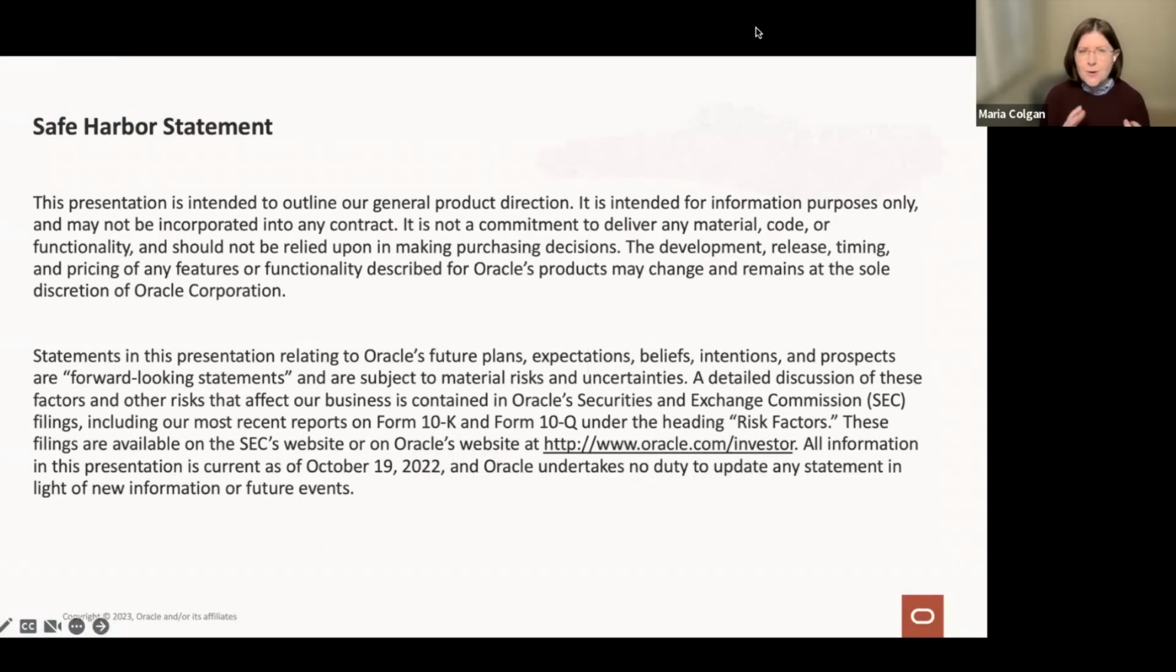Yeah, because we're focusing on 23C today, which is the new version of the Oracle database that should be coming out later this year. I'm going to start with the safe harbor so that everybody knows that what we're talking about today is pre-production. It's not released yet, and you can't hold anything we say about the new release against us in case it may not be there, or the feature or functionality may not be there when it's actually